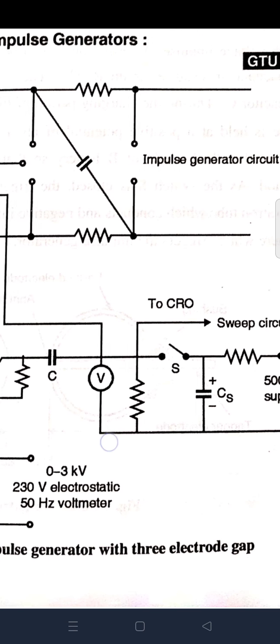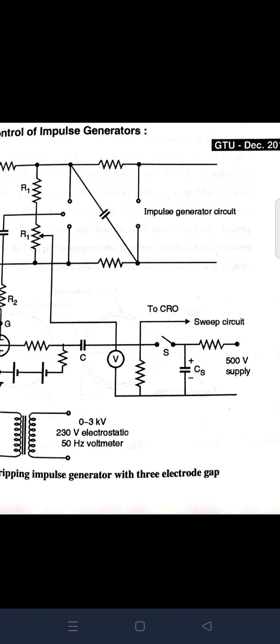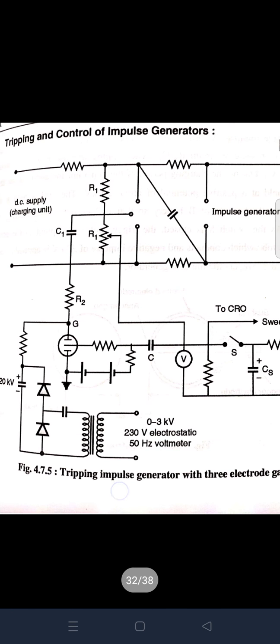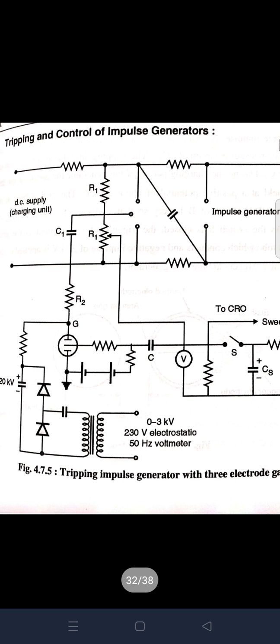The switch S is closed, which initiates the sweep circuit of the oscillograph. The same impulse is applied to the grid of the thyratron tube. The inherent time delay of this thyratron tube ensures that the sweep circuit begins to operate before the start of the high voltage impulse. A further delay can be introduced if required by means of a capacitance resistance circuit R1 C1.